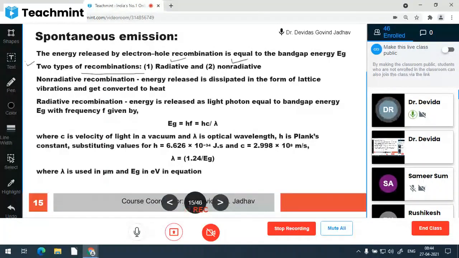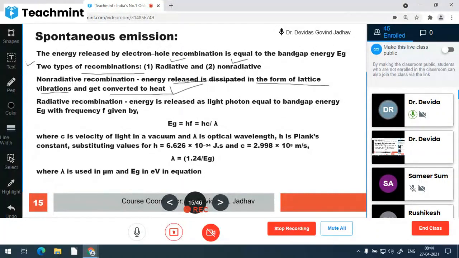What do you mean by radiative recombination? When electron hole recombination takes place, it emits the photon only. What is non-radiative? It does not emit the photon in recombination. It emits the energy in other form. Which form does it release energy? The energy released by the charged particle is dissipated in the form of lattice vibration, mechanical energy, and then finally it gets converted into thermal energy, heat energy. So it is not in optical form. So it heats up the lattice structure, the semiconductor structure. Okay, but this is very less in number.